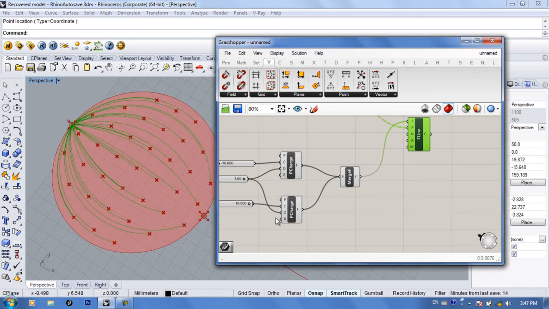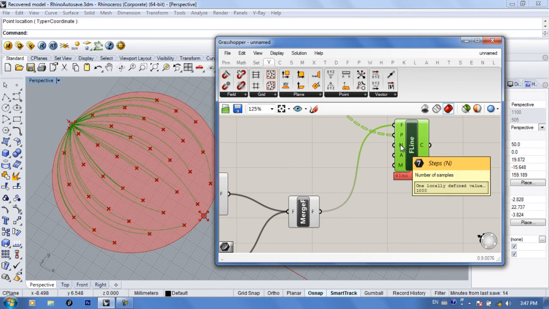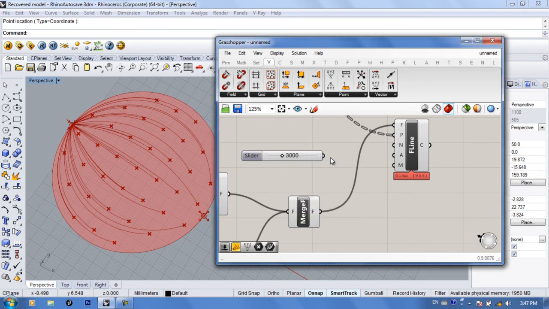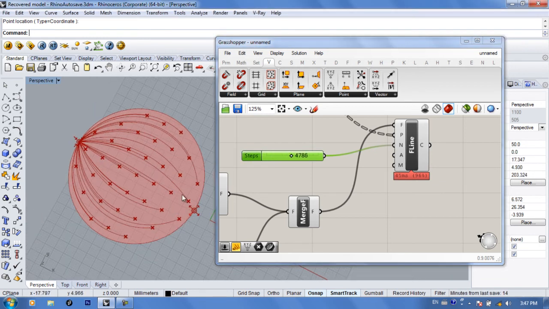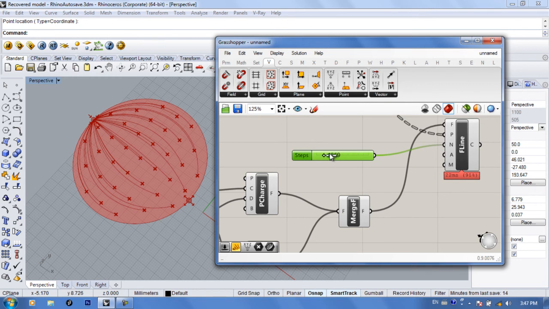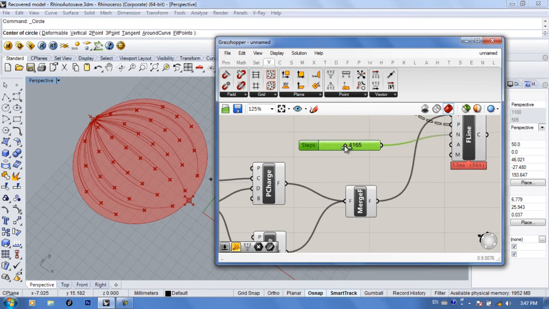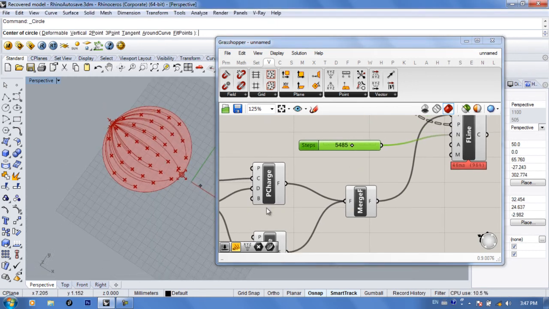Now the other thing you want to know is the number here, the steps is 1000 by default. If you make it 3000, okay. Now this one's supposed to control the length of the lines here, but because of the field lines you won't see any effect. So maybe in another tutorial, maybe we will see how these steps are actually affected if we don't have 2 point